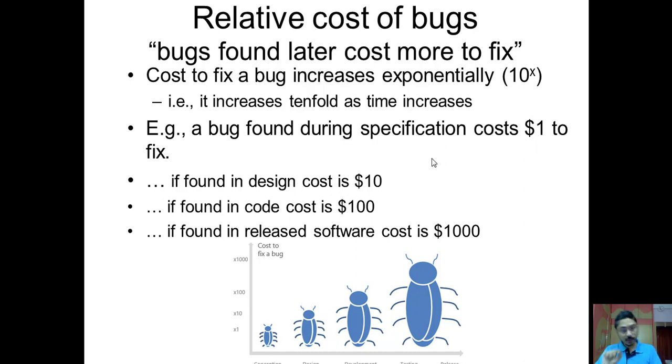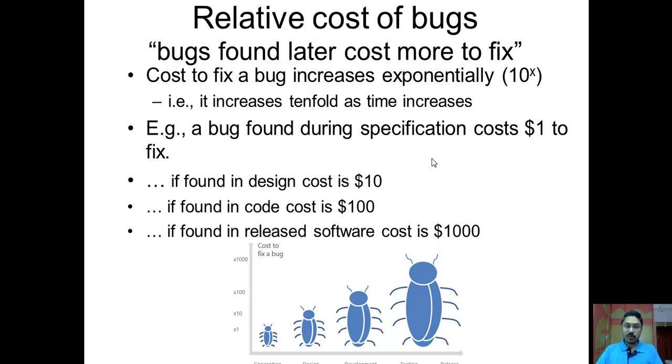But if you got the bug during the specification, after you have written the specification and then later in testing you found it, you are just testing the specification only. The code is not yet ready. So if you got the bug in the specification, then that will cost just $1, because other things yet need to be developed, isn't it?